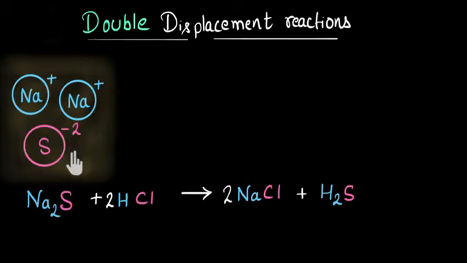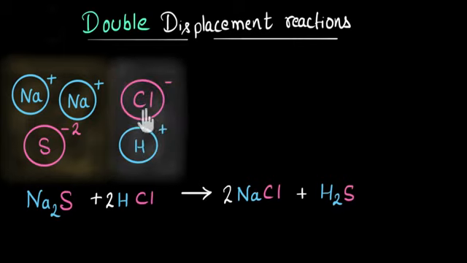This is nothing to be worried about. Many molecules, when put in water, will dissociate into their ions. Similarly over here, HCl when put in water will also dissociate into a hydrogen ion and a chlorine ion. Why certain molecules dissociate in water is something that we will talk about in a separate video. Let's focus over here now. If I only have a solution of sodium sulfide, then I will only have sodium plus ions and sulfur -2 ions.